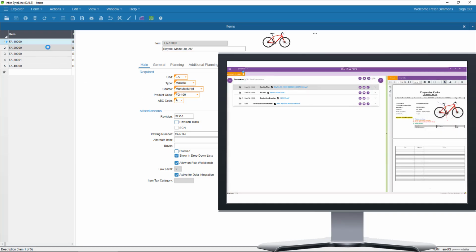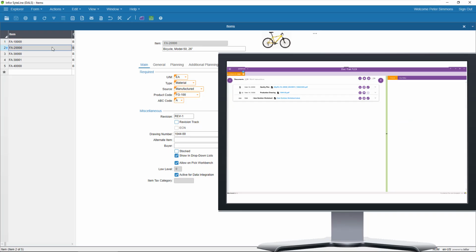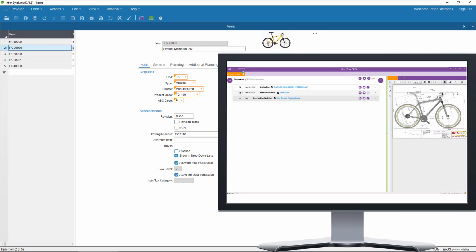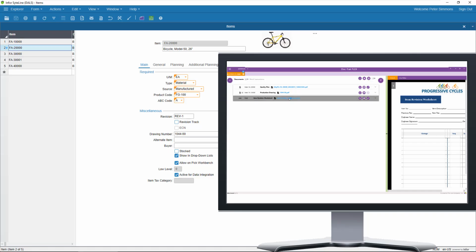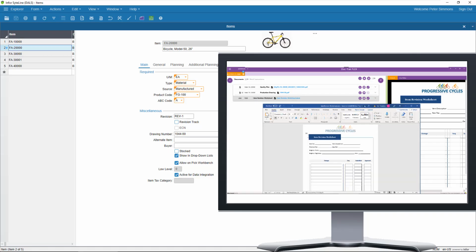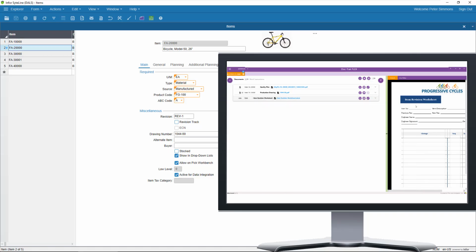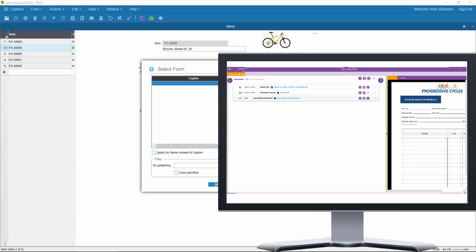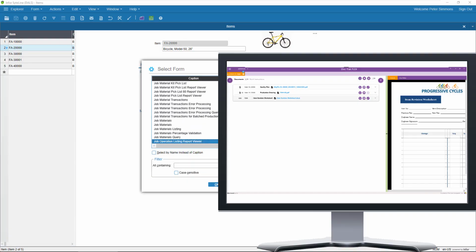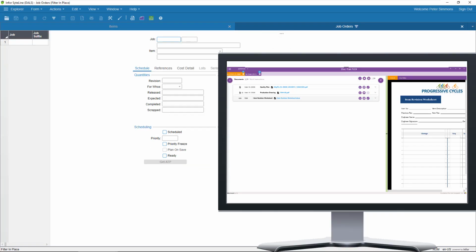When you select a different record in the form, or even a record from a different form, it will immediately change to show the appropriate attachments. And as we'll learn, it does much more than simply show attachments. But for now, let's start with the basics.